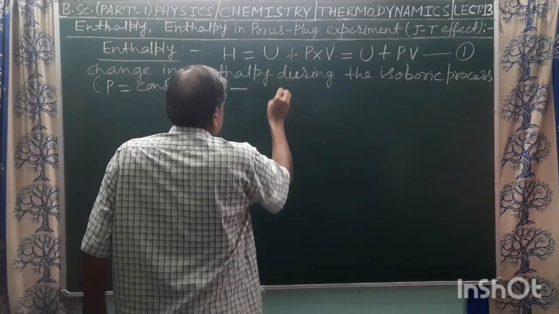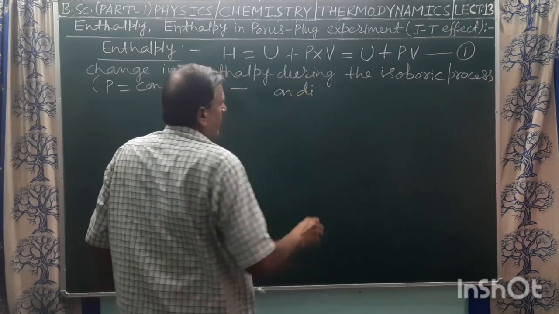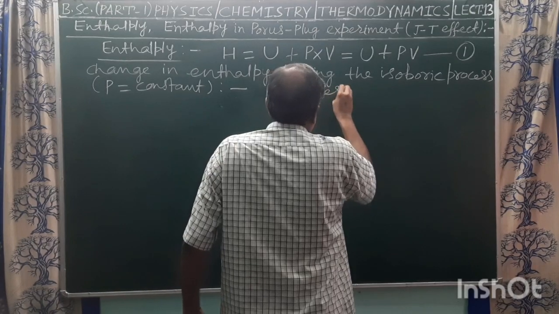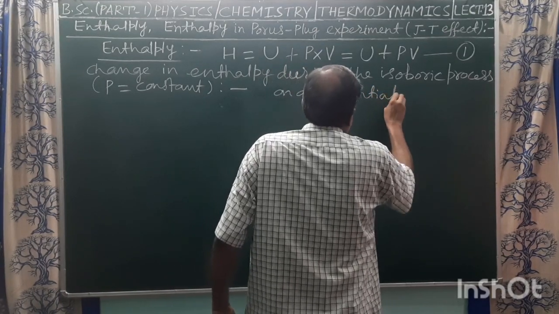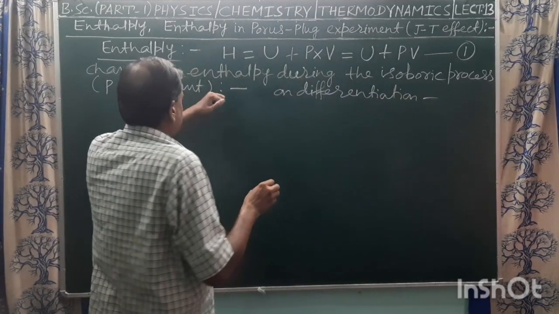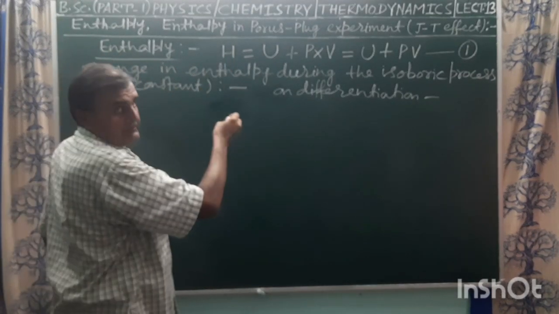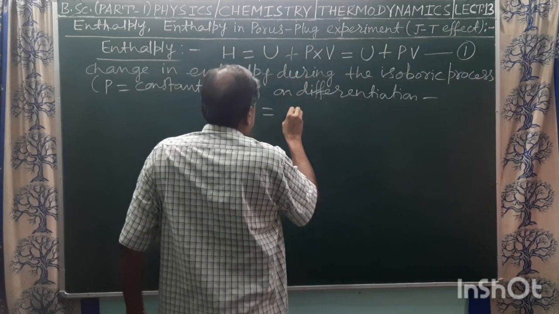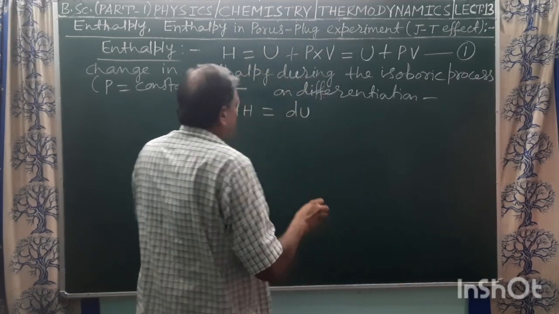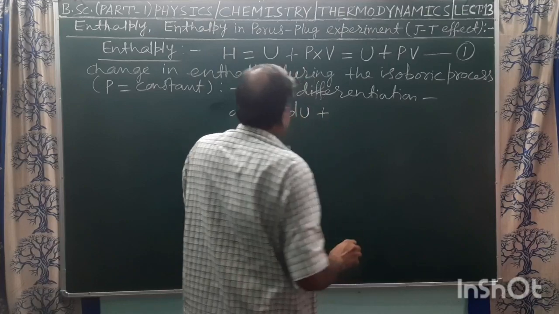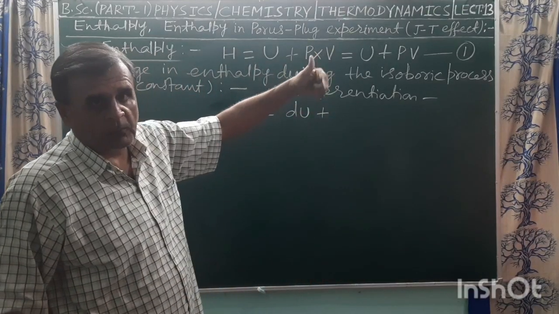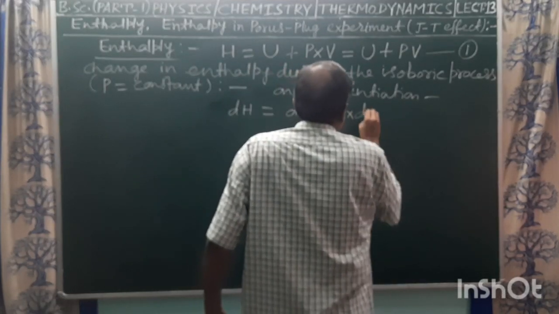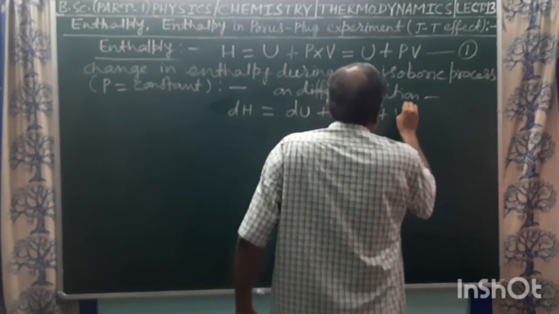On differentiation, we have dH equals the differentiation of internal energy U, which is dU, that is change in internal energy, plus the differentiation of the product of two variables, pressure and volume, which is P into dV plus V into dP,